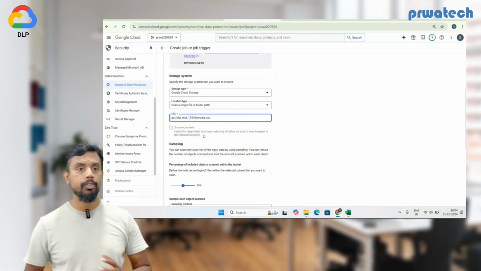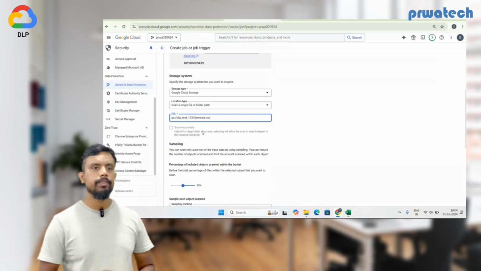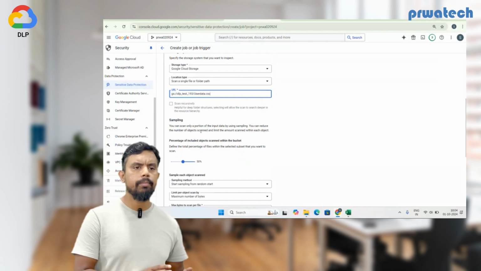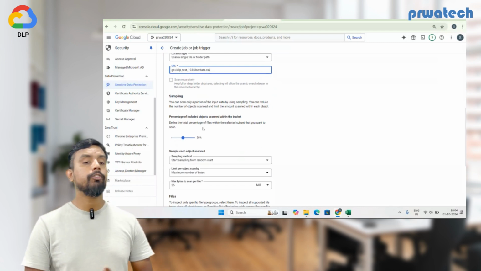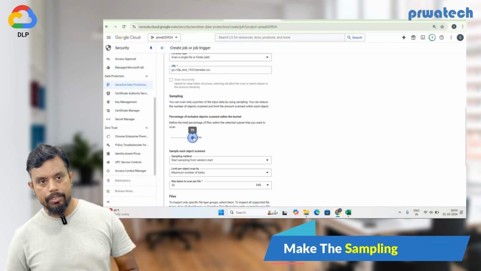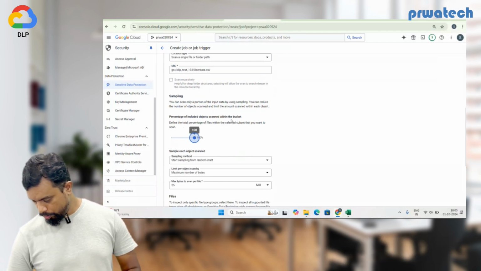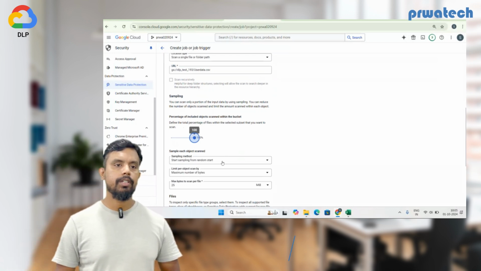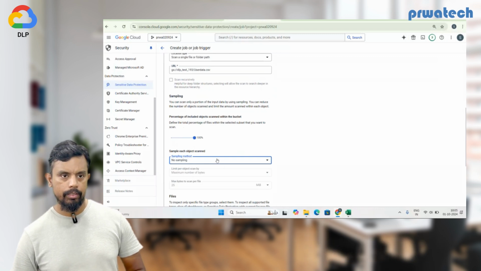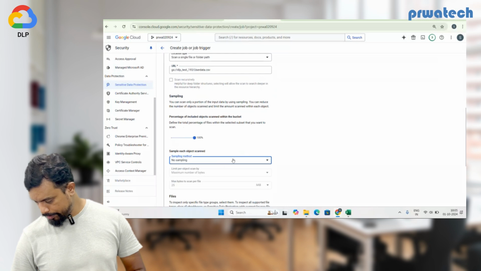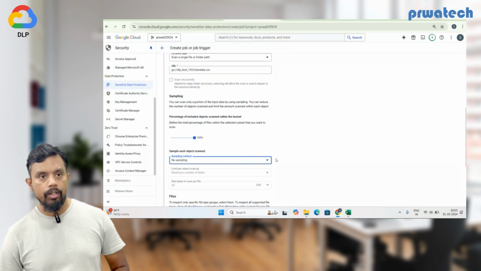Okay, so what's your bucket and the path, you have to put it there. And now there's an option called sampling. So you want to do the sampling on 50%. I want to make it complete. What my data, I want to do it for 100%. So I will make it 100%, and I will suggest go for no sampling. Select start matching, no sampling, right? So there are different options. So I have gone for the no sampling, and now get back to your open a new tab, and you